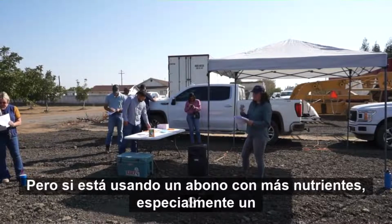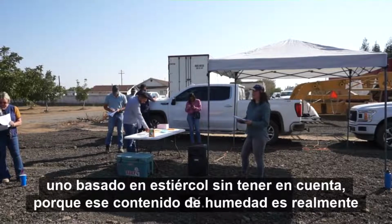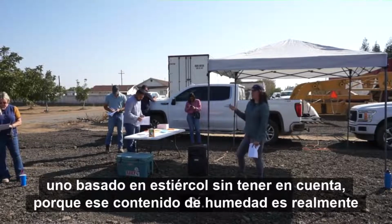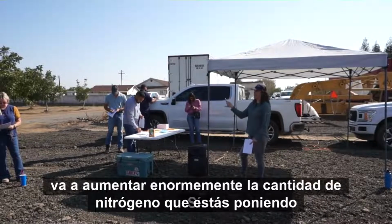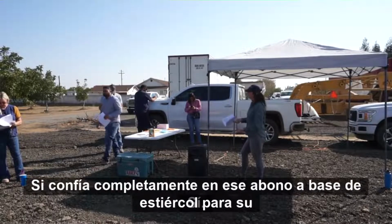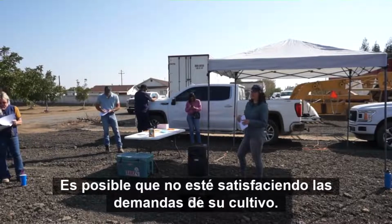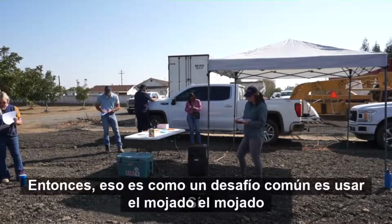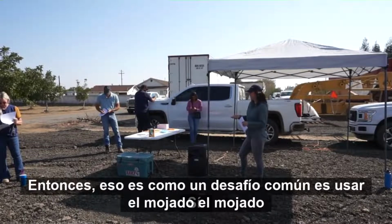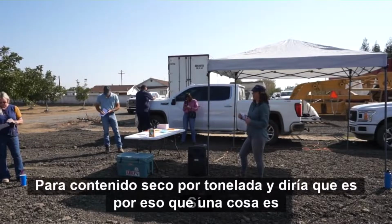But if you're using a higher nutrient compost, especially a manure-based one, not accounting for that moisture content is really going to increase tremendously the amount of nitrogen that you're putting into your field. Or, in contrast, if you're relying entirely on that manure-based compost for your fertility needs, you might not be meeting the demands of your crop. So that's a common challenge, using the wet weight instead of normalizing it for dry content